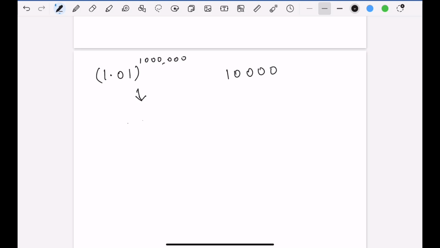So this can be written as 1 plus 0.01 to the power of 1 million, which using the binomial theorem can be expanded as nC0, which is 1, into 1 to the power 1 million, which is 1. So the first term is 1 plus the second term. The second term will be